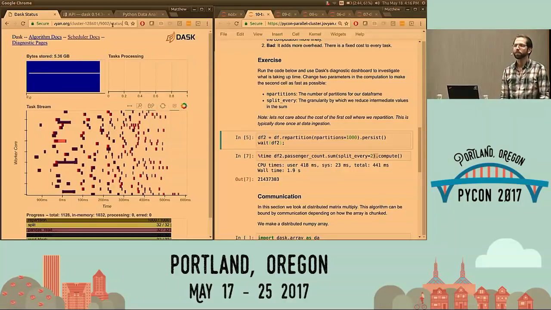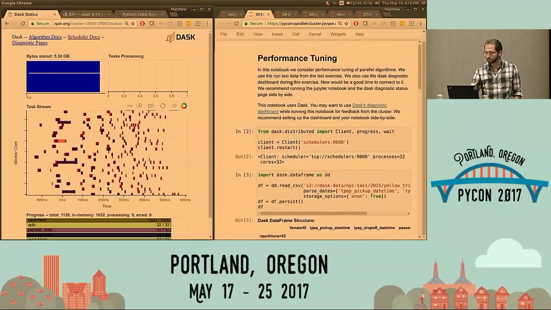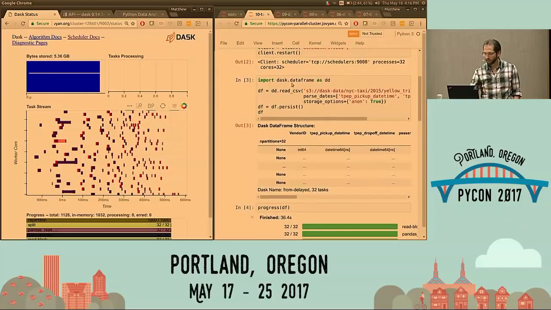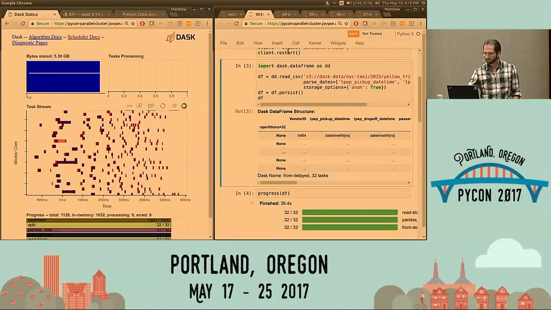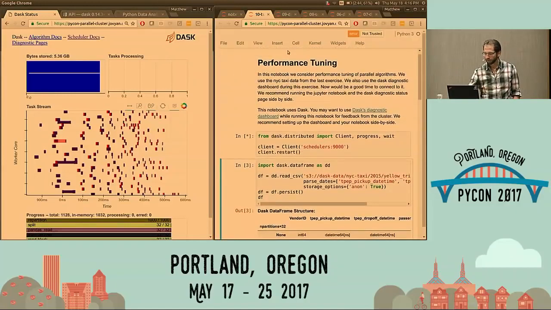The question is, does it make sense to always match the number of partitions to the number of physical machines? Not always. As an example,